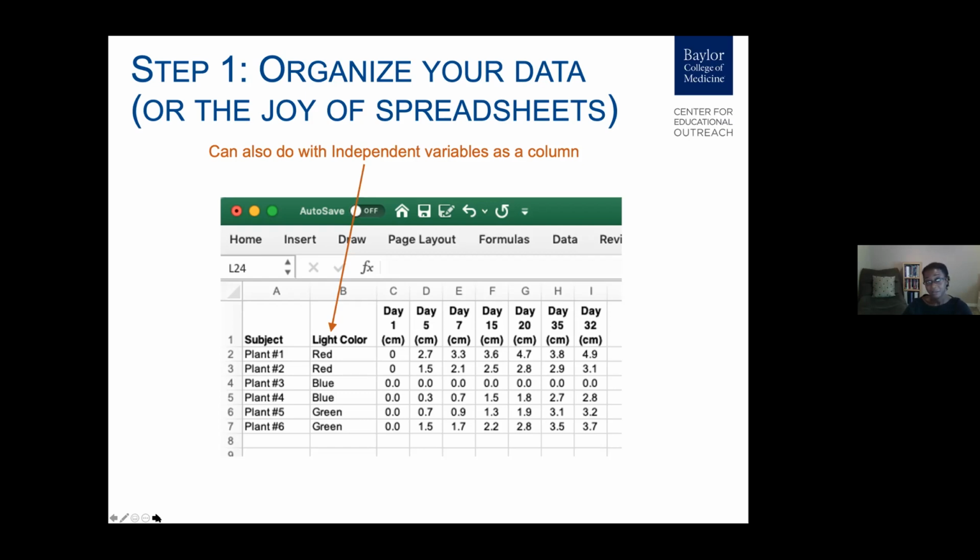So I highly recommend spreadsheets, and I highly recommend a very systematic approach to putting your data in the spreadsheet, whatever it is. If it makes more sense having each measurement be on a line, then instead of being subject plant 1 through 6 with multiple days across, maybe there's columns for subject, light, color, day, and then a measurement column. And then you can sort by all plant 1 or all plant 2. It really depends on the best way for grouping your data,